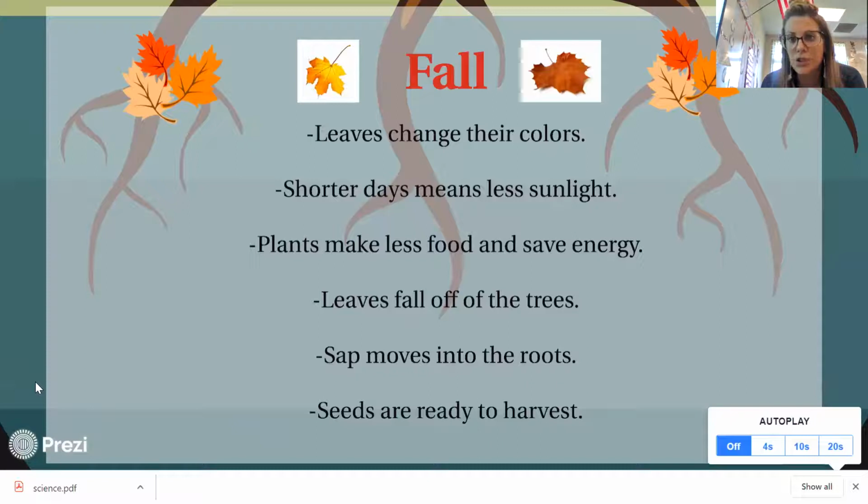Leaves fall off the trees, hence the name fall. Sap moves into the roots, and seeds are ready to harvest. So what were a couple that you could have written down, or you're going to write down? Store them in your brain if you didn't get to write them down yet? And then